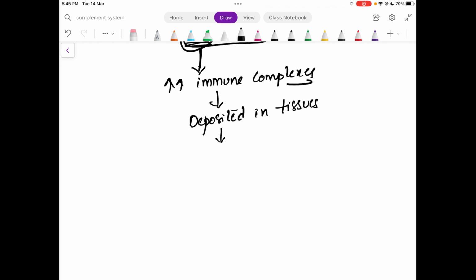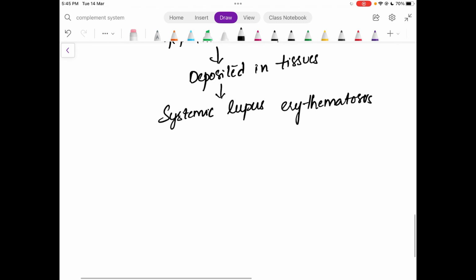They can cause different types of diseases like systemic lupus erythematosus and glomerulonephritis. In glomerulonephritis, kidneys are damaged, because in the nephron the subepithelial deposits will be there, subendothelial deposits will be there,